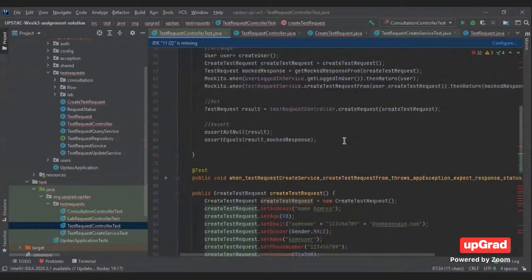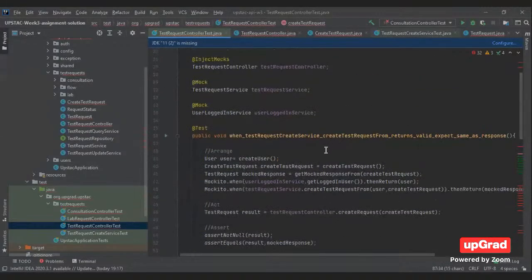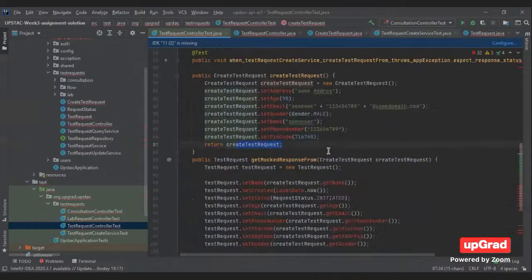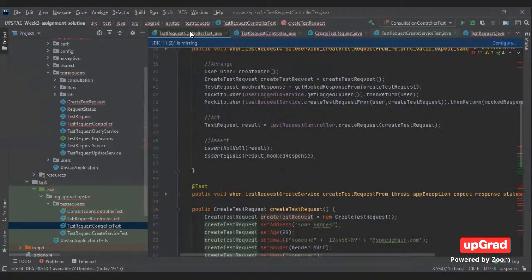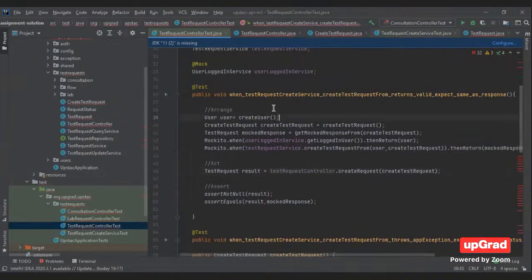Okay, after this what? So now you will find out here, if I just go a little up or down. Okay, let me go to test controller. Here we go. Yeah. So take an example out here. Ultimately what we expect over here, when test request create service, create request from returns valid, expect as a